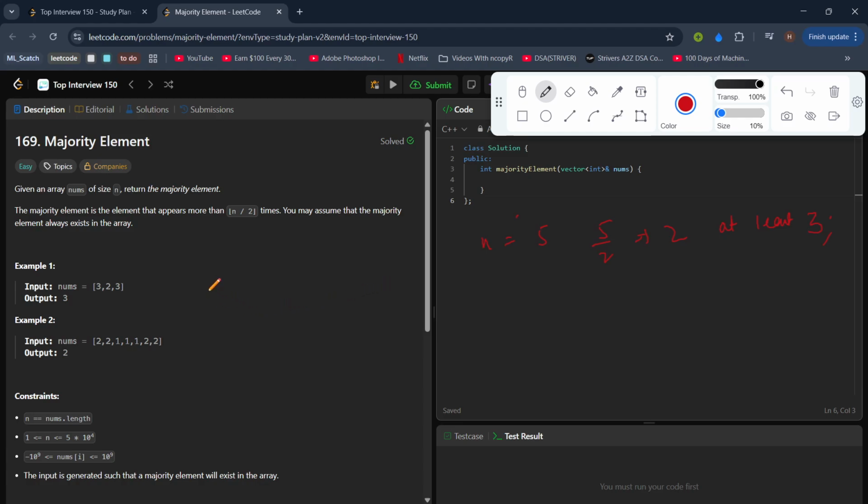Okay, so let us try to solve this question. Let us take the second test case. Nums is equal to 2, 2, 1, 1, 1, 2, 2. So what is the most basic approach you can think of in this question? We could simply make a hash map and iterate over the full nums and store the count of each element. Let's take a weird test case, we can add 3, 3 or something more, 4, 5, 6. So what we will do is, for int i in nums, we would just do mp of i plus plus. We can have a map mp,